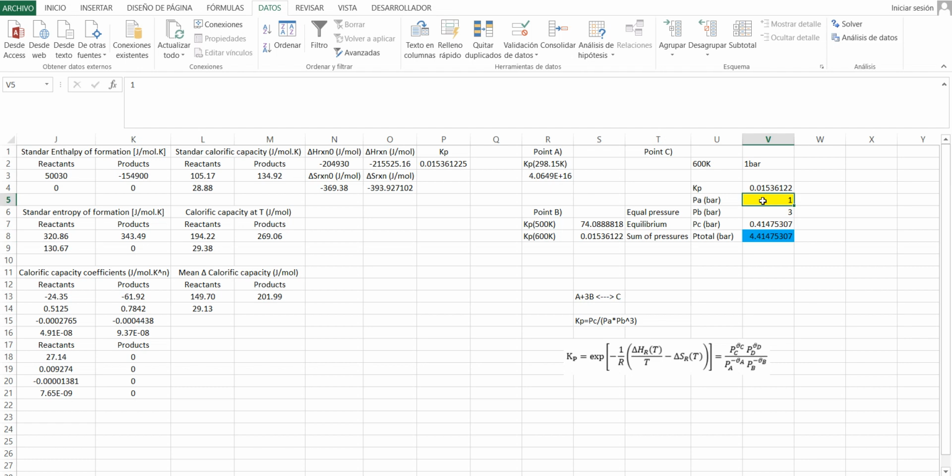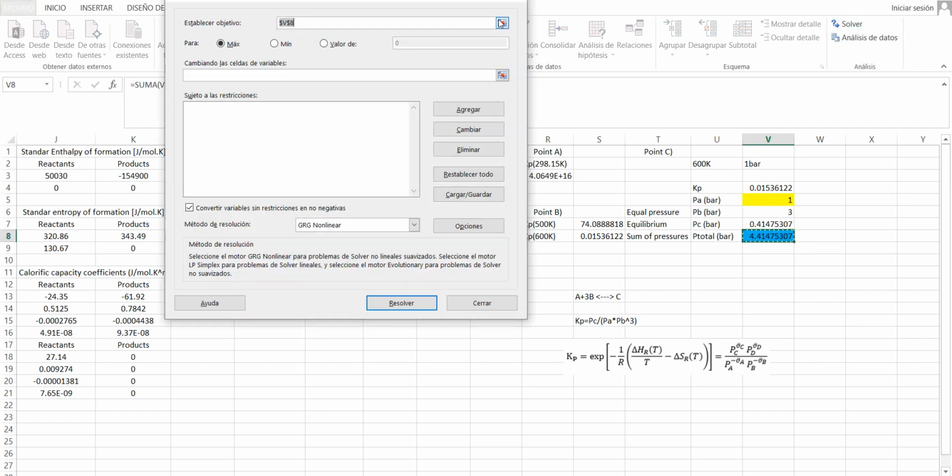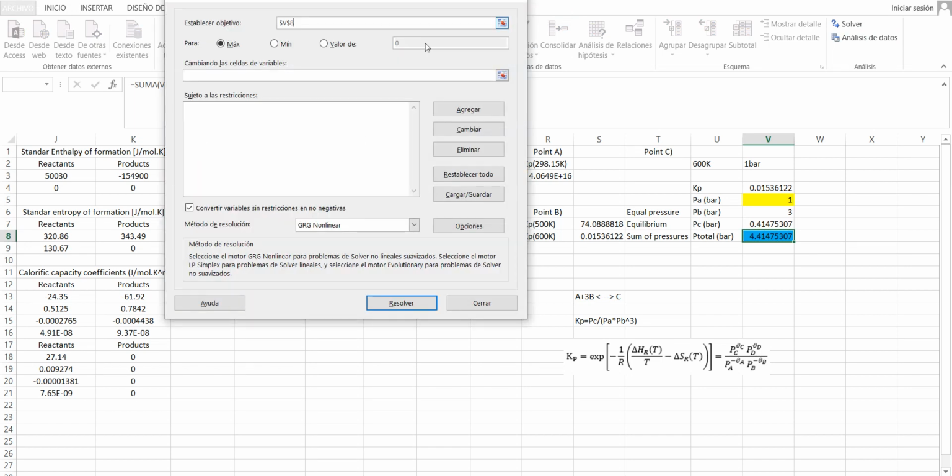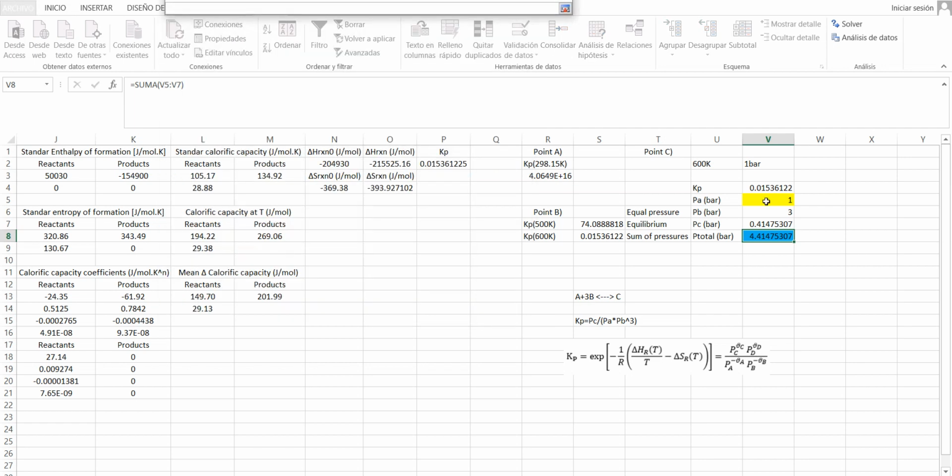So let's do that. The objective would be the total pressure, and as the problem says, the total pressure needs to take a value of 1 bar, and the cell that we are going to change is the partial pressure of toluene. Then we solve,